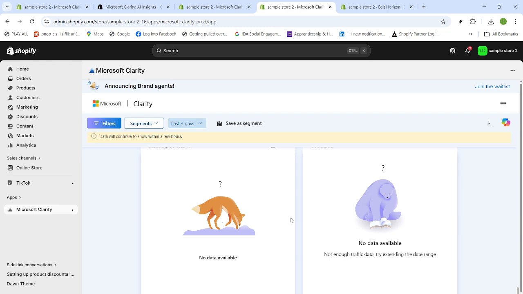Also, review your store's privacy and cookie notices to ensure they reflect the use of analytics tools like Clarity. You've successfully connected Microsoft Clarity to your Shopify store, putting power